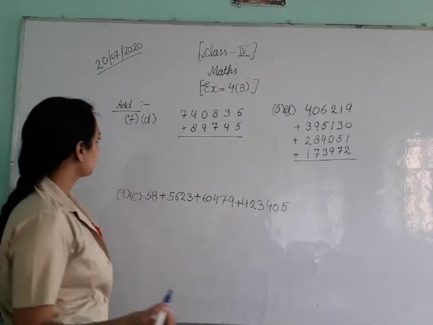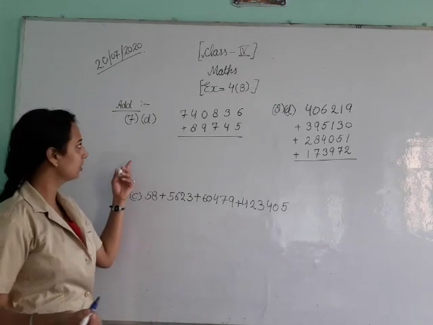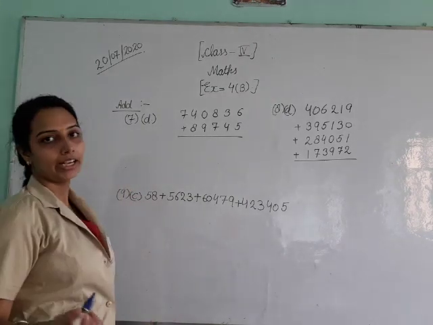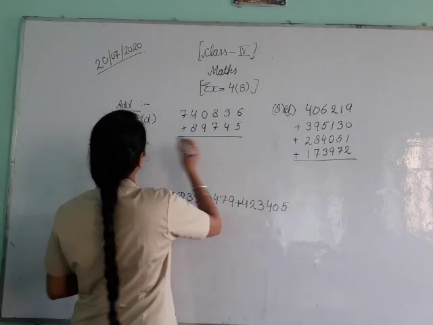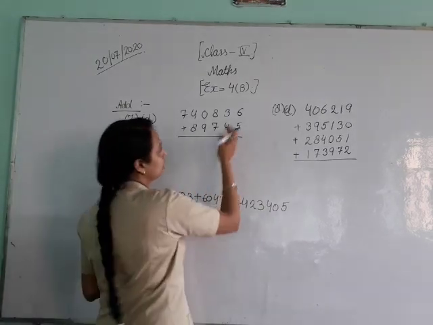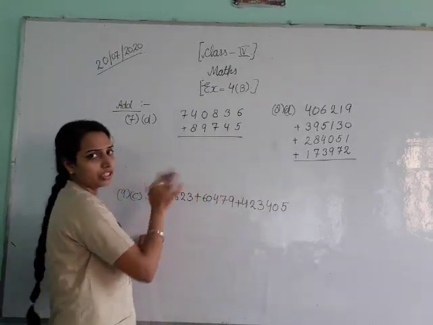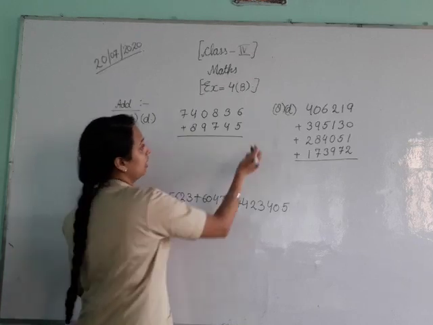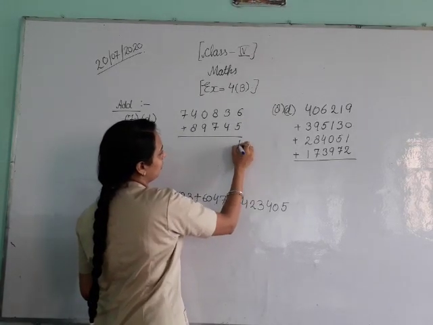Okay dear students, now come on to our next question, 7th. In this also we have to do the addition. Simple it is. Let's start. 7th D I am telling you. This also you have to do in your book because enough space is given. Then 6 and 5 are 11.